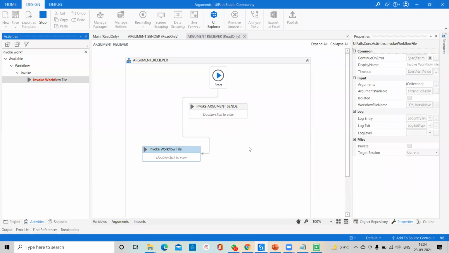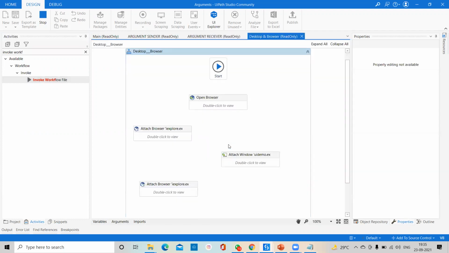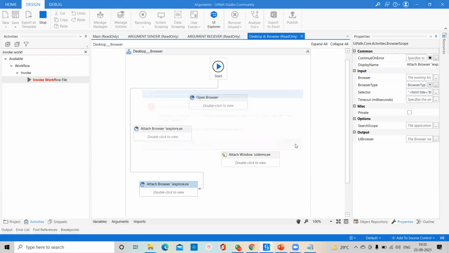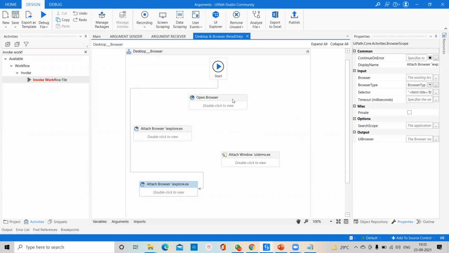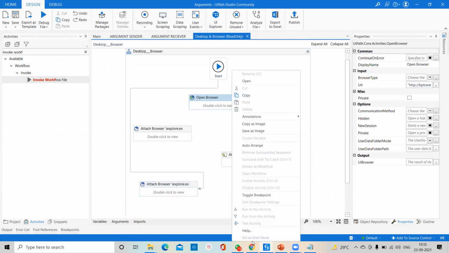I don't know what type of program we have in that workflow, but let me check. There is an attached project, that is part of the attached project. One second.